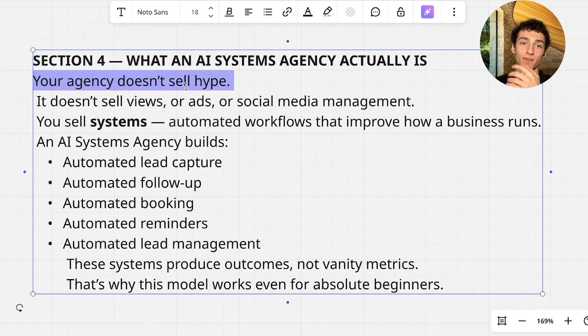If you say, I want to implement AI into your business, 90% of people, 99% of people are going to say, nope, that's a scam. I don't want it. These people are stubborn. And it's not just that they're stubborn. It's that they love their business. Their business that they've built is their baby, right? Would you trust somebody coming into your business with lofty claims and no real data to prove it? No, you wouldn't. So why do you expect these people that have spent their time and energy and money into building their businesses to trust you if you just say, hey, I do AI? Don't do that. You sell systems, automated workflows that improve how a business runs.